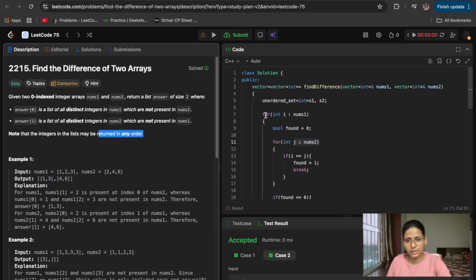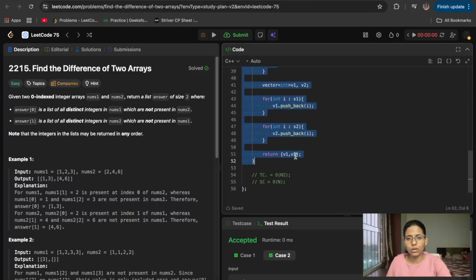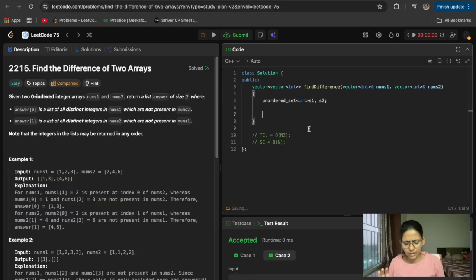We solved it in big O of n squared, but can we solve it in big O of n? Yes, we can, and let's see how. First of all, we'll convert the vector into a set, because we want distinct integers, and a set has the find function. If we find the number, then we will not include it. If we don't find it, then we will include it. We'll use that function. So for nums1 I have set yes1, and for nums2 I have set yes2. So let's create those first.